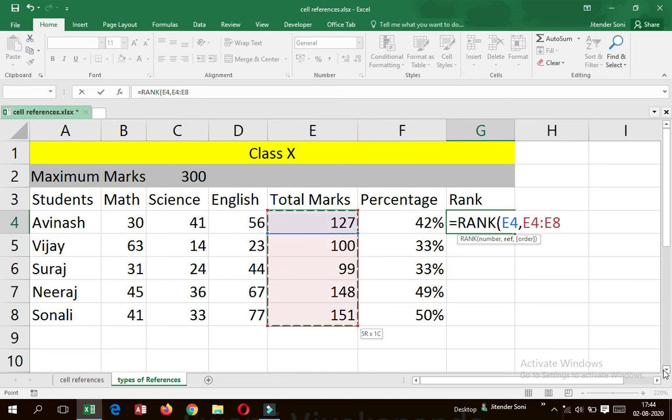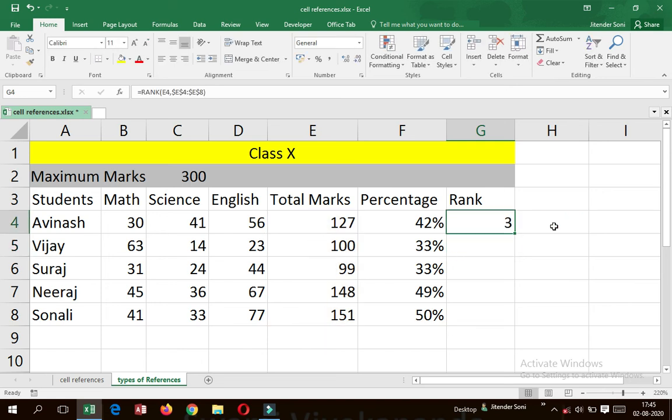But if I just enter this formula, I will get the rank correctly, but I cannot copy this formula further, because the range will get adjusted according to relative reference. So I want to fix this range. So I'm going to press F4, then this range gets fixed. Now I can peacefully close my bracket and get my result. Now I can copy this formula anywhere I want. So this is how we get rank for each subject.